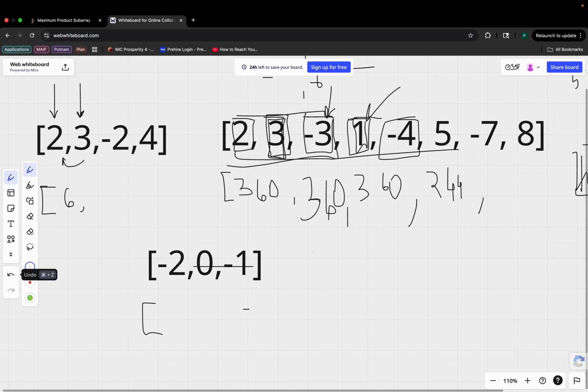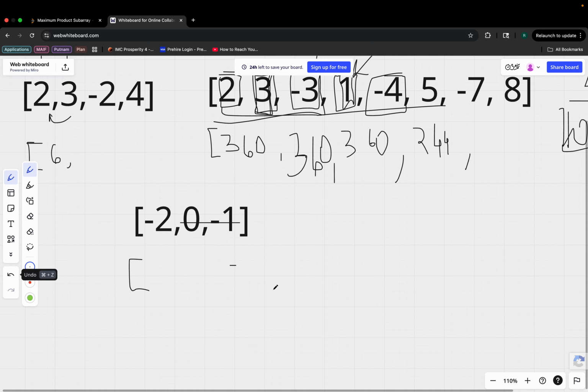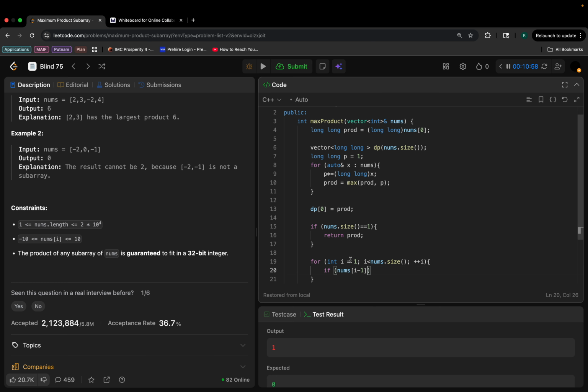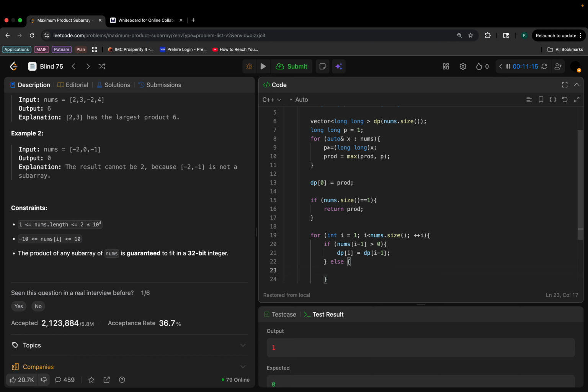is negative, right? Okay, I don't know if this is exactly the right way. I'm just thinking about it. Okay, you know what? I don't know. Okay, maybe it's not flawed. Okay, nums i minus 1, if it's greater than 0, yeah, okay. If it's greater than 0, what I do is I just say dp i is just going to be dp i minus 1. Else, so if it's less than or equal to 0,